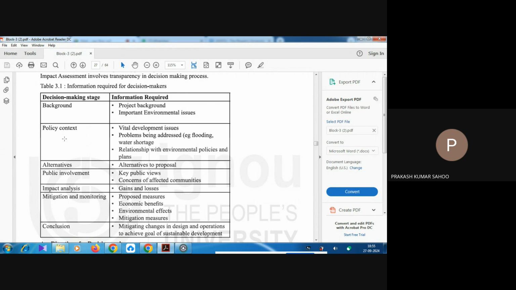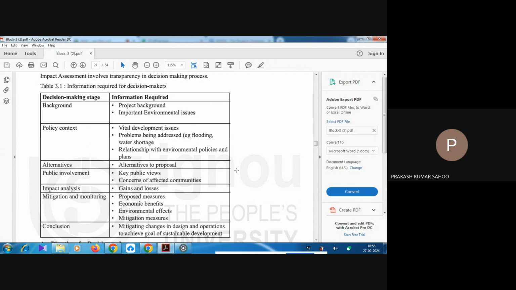So this improves your policy context. Alternatives to the project: if any harmful or negative impact of the project is there, we may suggest some alternatives. Public environment, key public views, concerns of affected communities,